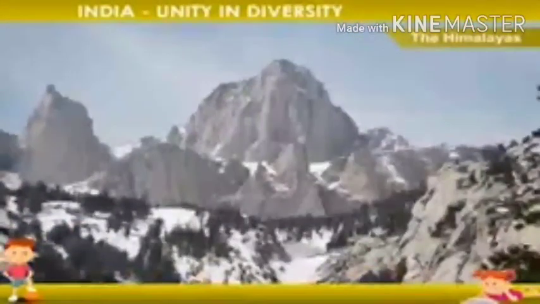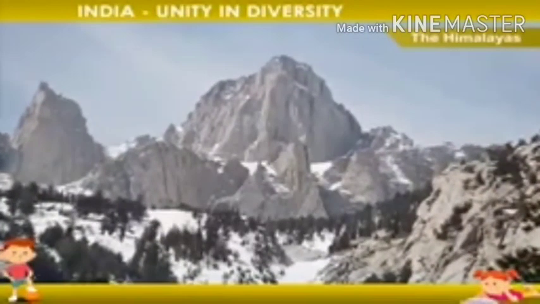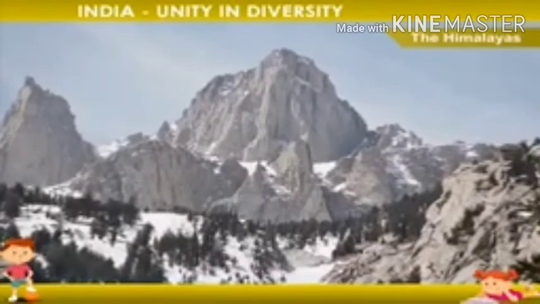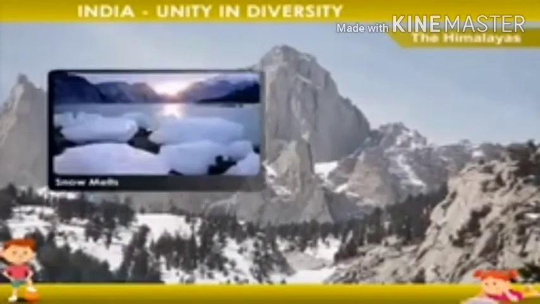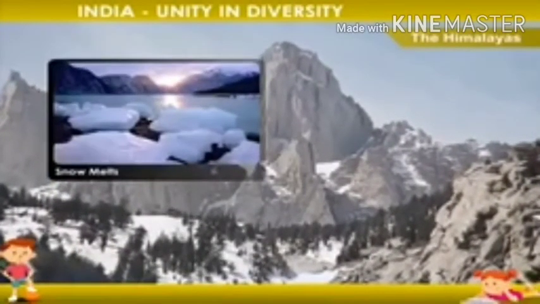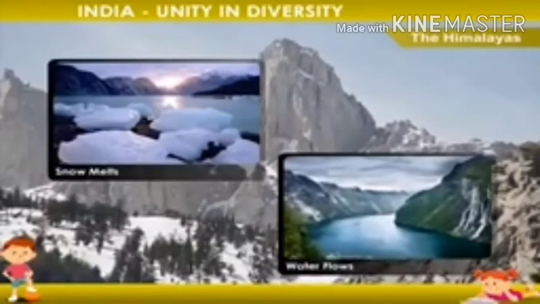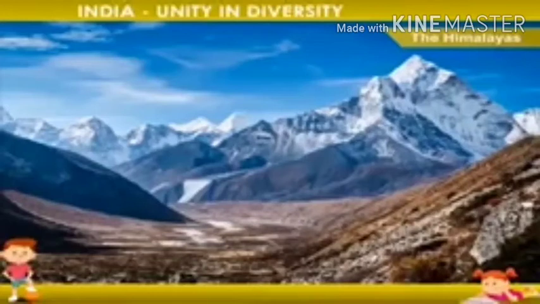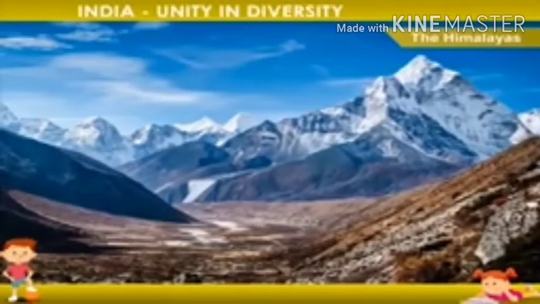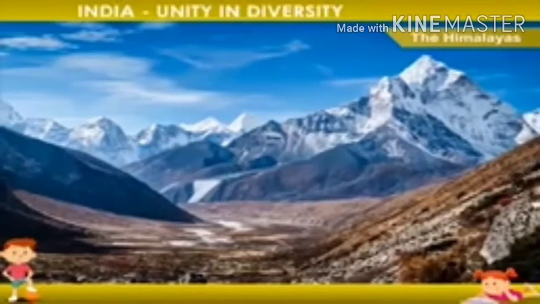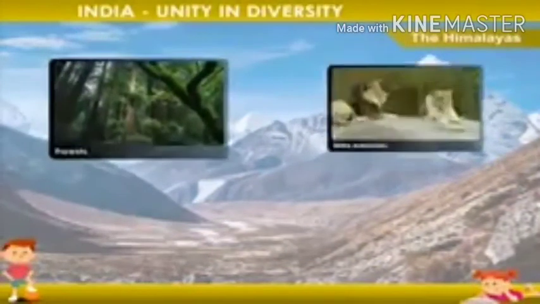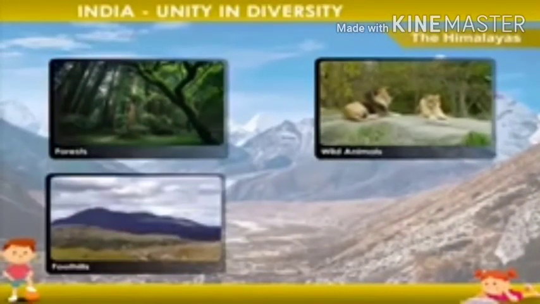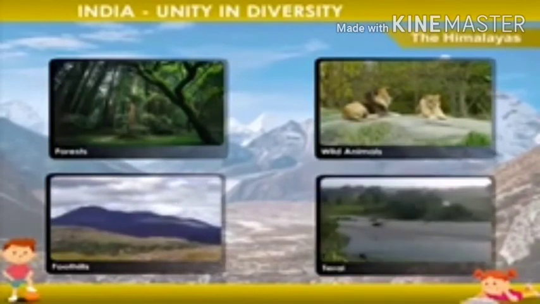The Himachal lies to the south of the Great Himalaya. This is the lower range of mountains. In this, the snow melts during the summer and the water flows into the river. Shivalik hills are present further south and are lower in height. The slopes have thick forests and are full of wild animals. The foothills of the Shivaliks are called Terai.